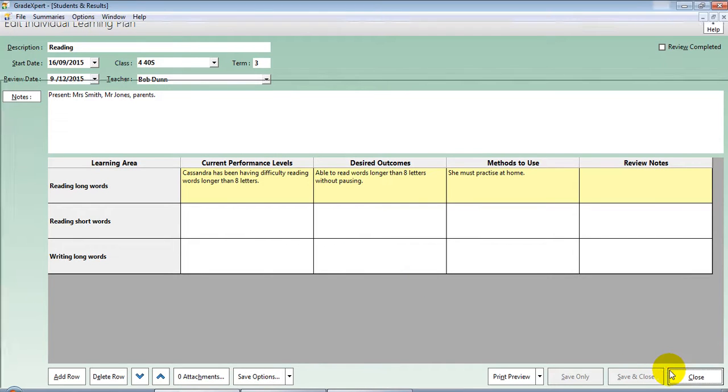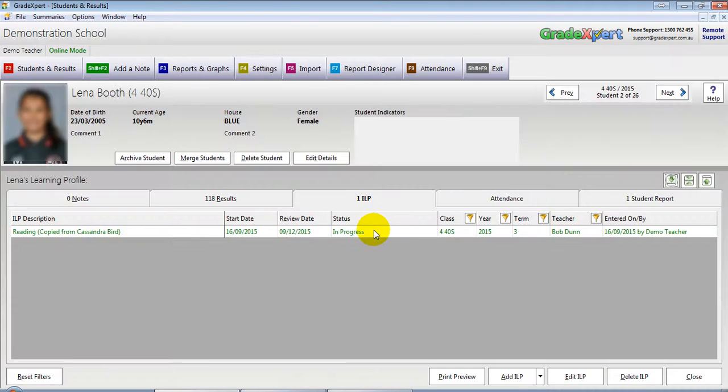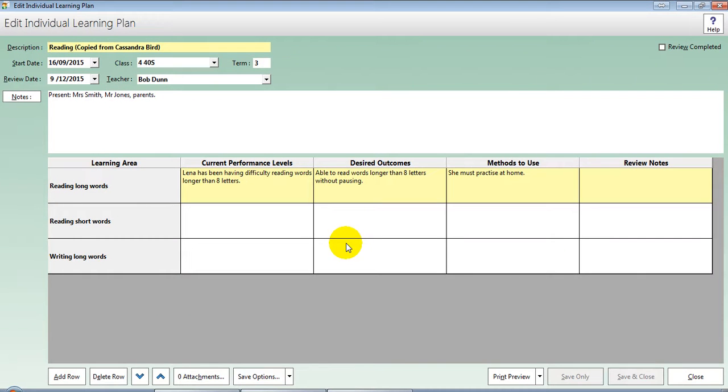So let's just have a quick look at Lena. There you can see there's the ILP. You can see that it's been copied from that student. And if I double click on the ILP, you can see it's now replaced